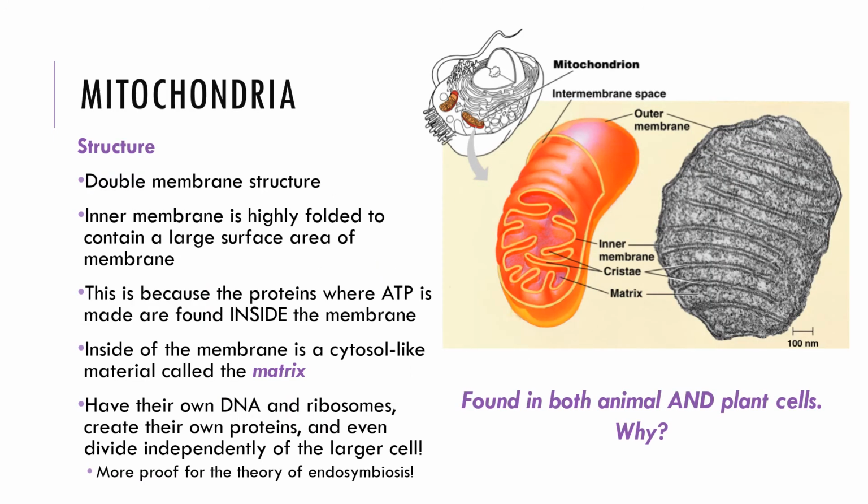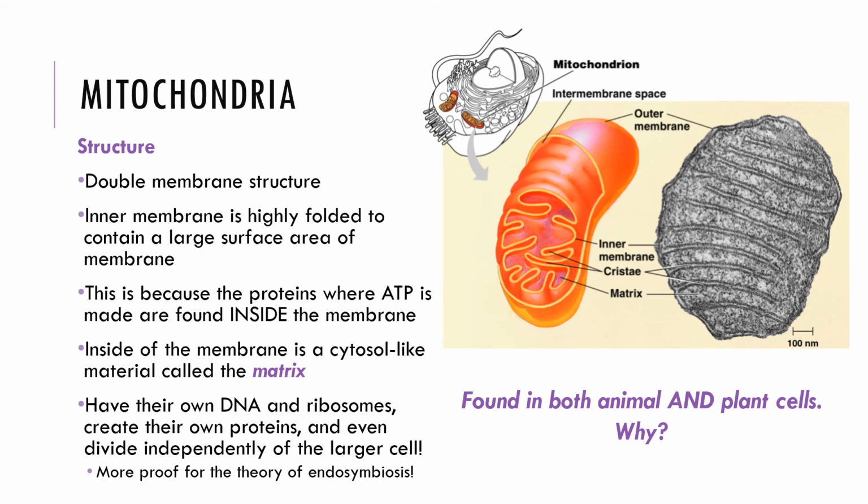Now, with energy, when we talk about making energy for the cell, how can we not talk about the mitochondria, the powerhouse of the cell? This is found in both animal and plant cells. It has a double membrane structure because of the theory of endosymbiosis. They were their own cells floating around once, and then they got swallowed by another cell, so they have their own cell membrane, plus the membrane of the cell that swallowed it. It got taken up in a food vacuole and just never digested,